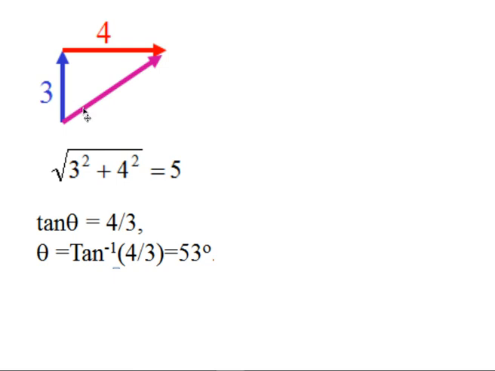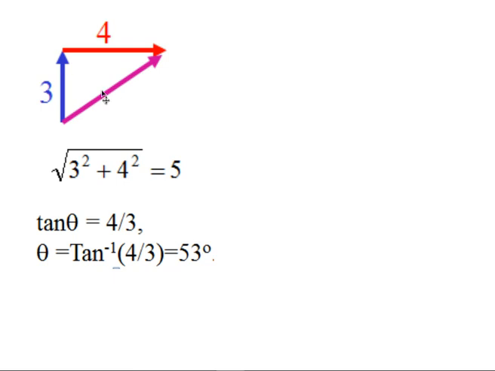I can take this angle here and say that that's the angle whose tangent is 4/3, and the angle whose tangent is 4/3 is 53 degrees. And so I am able to say that the sum of 3 north and 4 east is a vector equal to 5 at 53 degrees